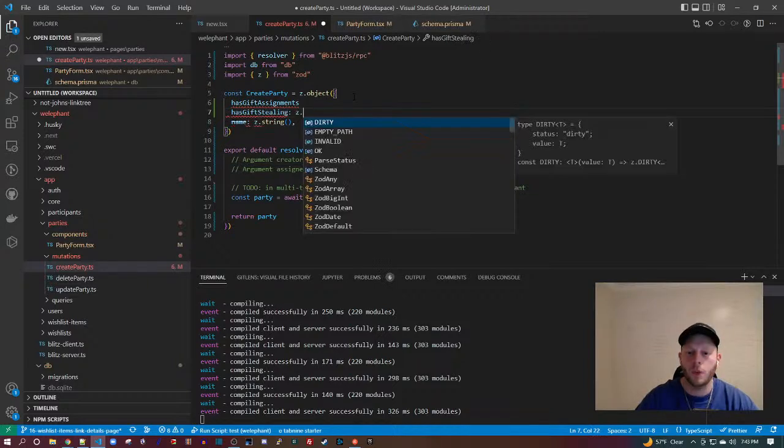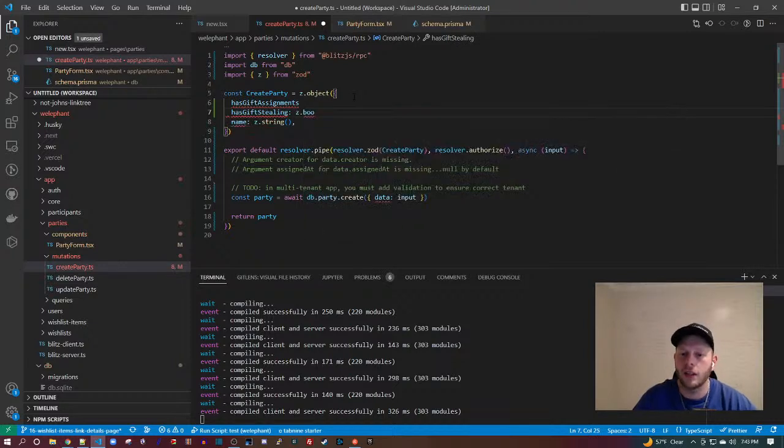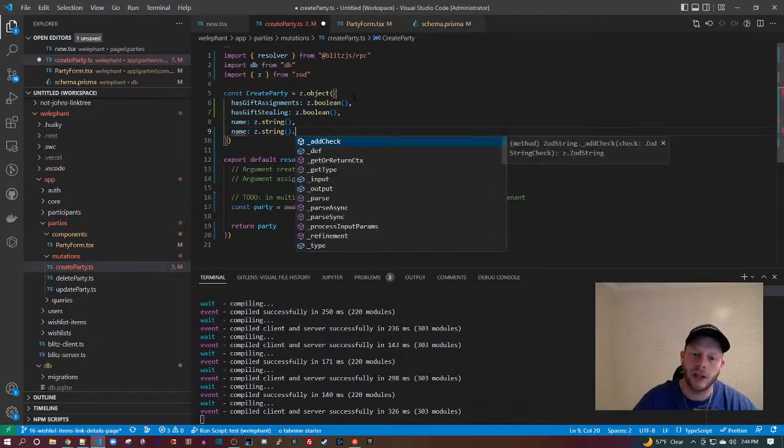And Zod is another one of those things that comes for free in the Blitz.js framework, integrated to Blitz RPC, which is similar to React Query. Okay, so we have this Boolean, this string, and then we have another string optional.